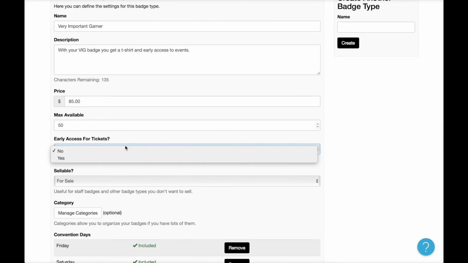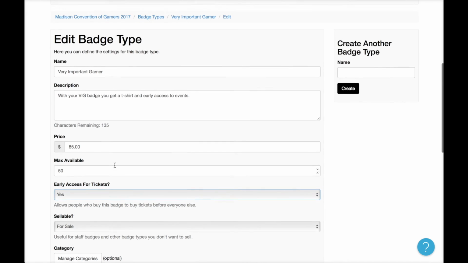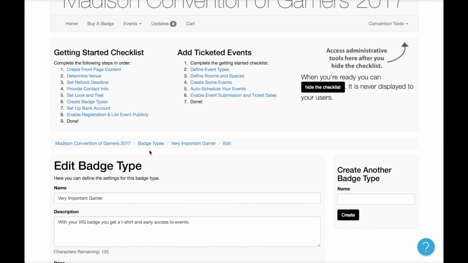So we're just going to go ahead and switch this to early access. We didn't have this option before because we hadn't enabled events yet at that point. But now that we have enabled events, we can enable this option. And so now this badge, if they purchase it, will be able to gain access to events before everybody else